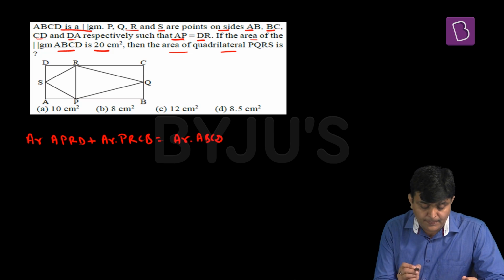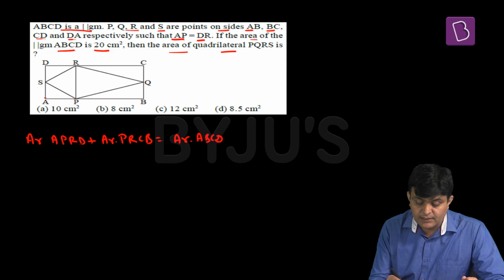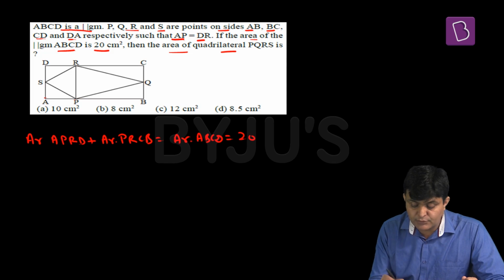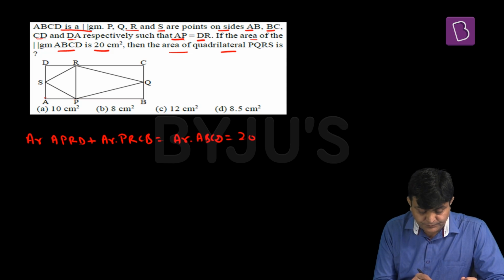Area of quadrilateral APRD and PRCB, that is given to us as 20. Now, twice the area of triangle SRP,